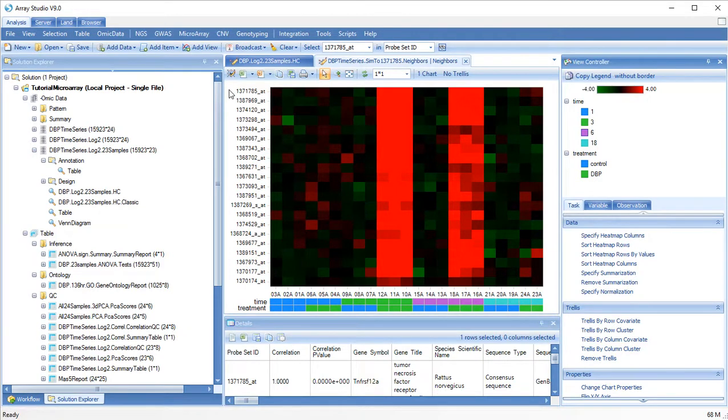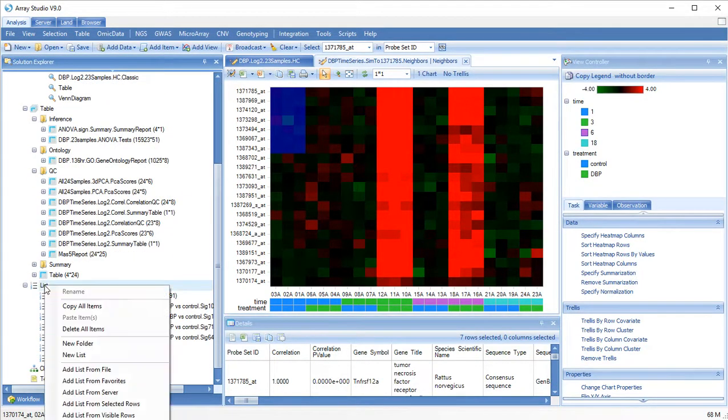We could also make a pairwise scatter plot. Select some of the probe sets, create a list from selected rows,